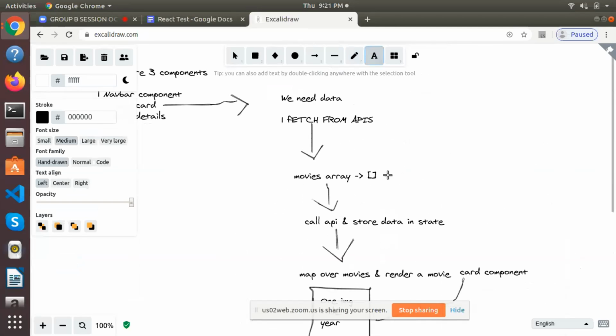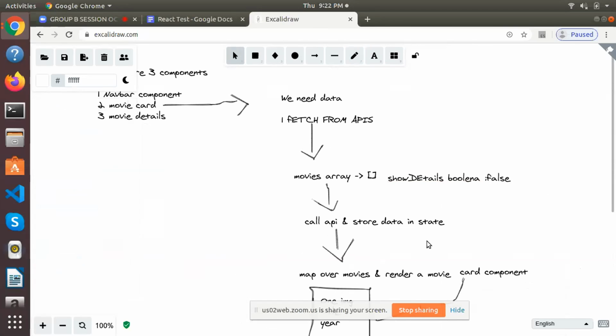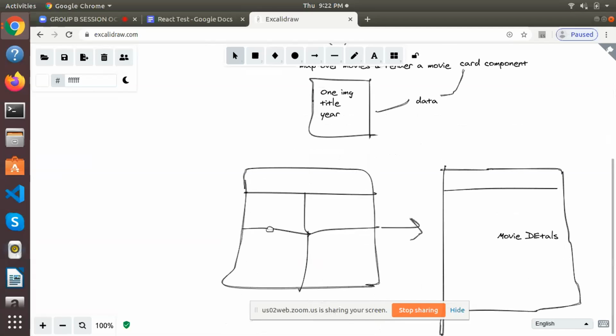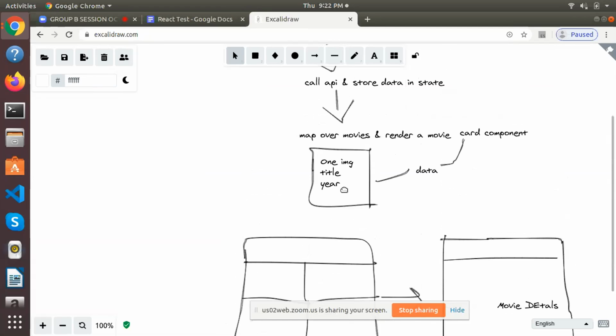You have to make a boolean value, and let's just rename it as show detail. So, details boolean, right? Now you will set it initially as false, because first you want to show your home screen, that is, the movie card component, not the movie detail. But as soon as the user clicks on the handle show detail button, you have to show this, right?